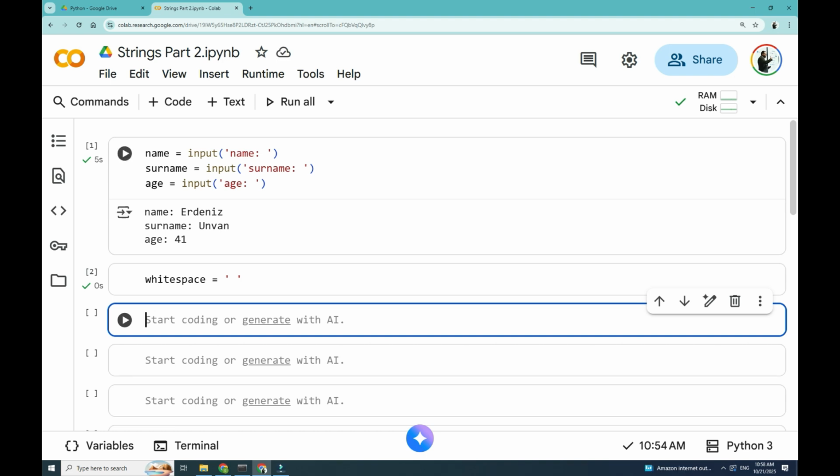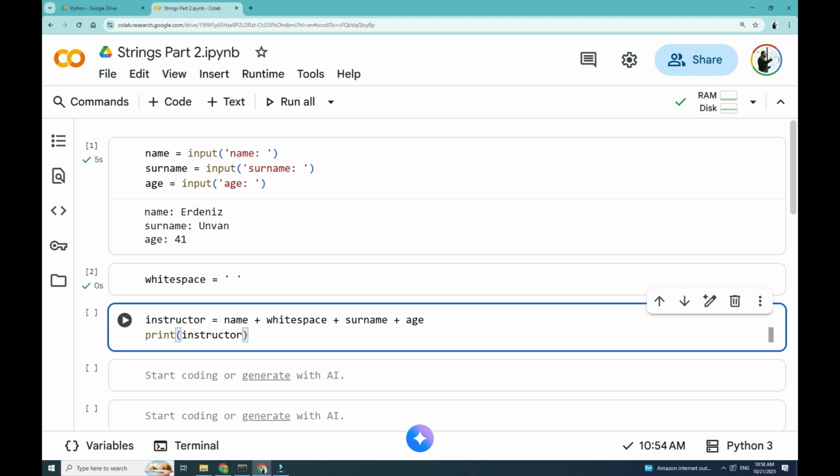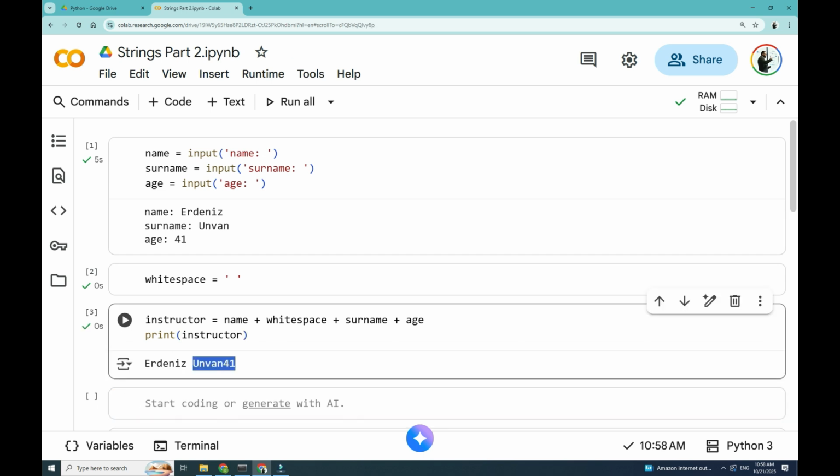Step 3. Combine the strings. Here we use the plus operator to join, or concatenate, the strings together. So, here's how it appears on the screen. Notice that the age is directly attached to the surname, so there's no space before the age unless we add